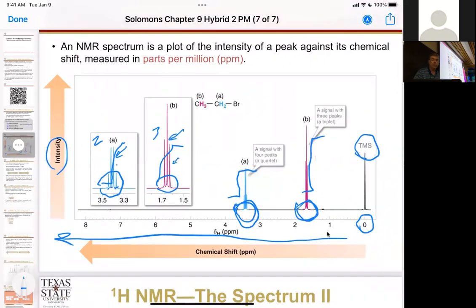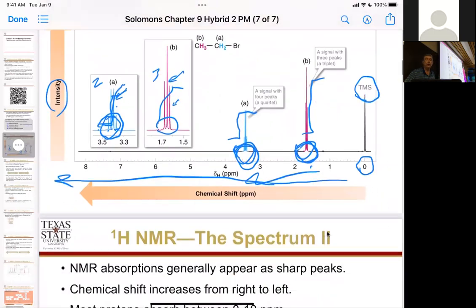Okay, so those are the 4 things. We have number of peaks, 2, shift of peaks right here, intensity given by the integral, and splitting right here. So let's look at another spectrum and figure out what we mean by